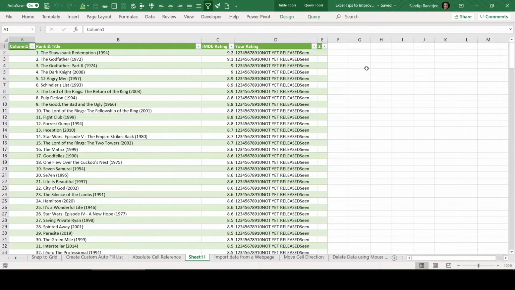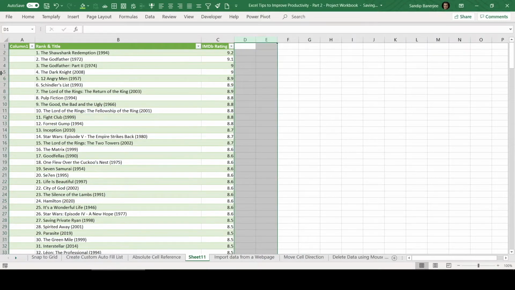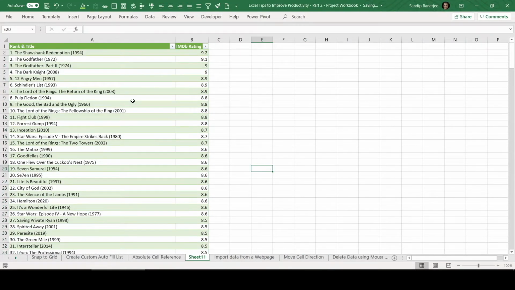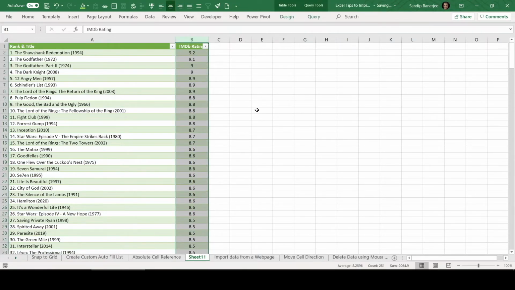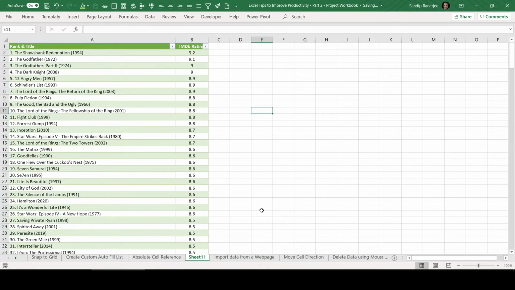Sometimes we may need to do some cleanup, but that is absolutely fine, because if you just copy and paste from a website, the data comes in a very scattered way and it's very difficult to format as per your requirement. So now you can see this particular data is there. Maybe we can delete the last two columns and the first one, and yes, we have clean data now, the movie name and IMDb rating. So this is the way you can import data from a website, and this is a very useful feature of Excel, and it does the job in a very clean and neat way. You can see it imported the data and formatted it as a table, and that's the beauty of this particular feature.